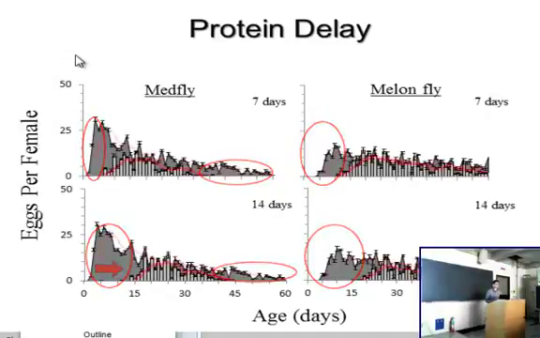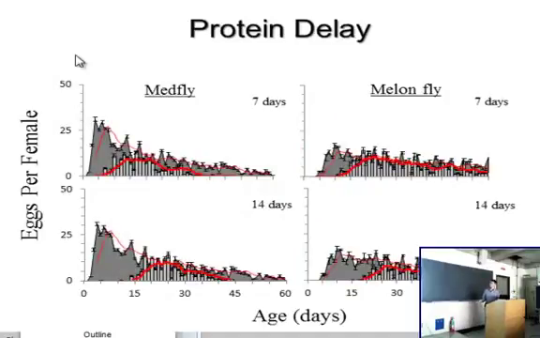When you actually look at the rates of senescence, the medfly under these 2 deprivation periods show a reduced rate of decline with age in reproduction compared to the control. So there's another level of the trade-off where they're able to slow the rate at which reproduction will be lost. But again, that's not enough to overcome the initial detriment of the sugar diet, but it will allow for some fitness to occur in that shortened lifespan.